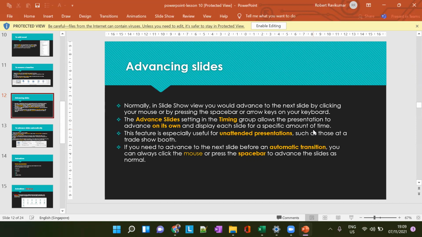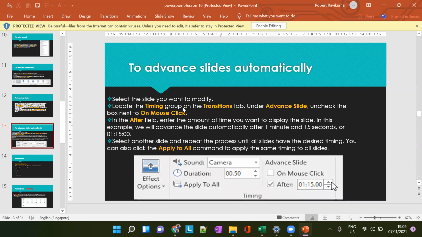If you need to advance to the next slide before an automatic transition, you can always click the mouse or press the space bar to advance the slide as normal. We already learned that, right? Using the space bar or mouse, you can advance between slides also.